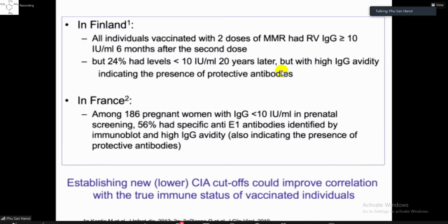You see here, for example, in this study in Finland, all individuals vaccinated with 2 doses of vaccine had rubella IgG over 10 international units per ml 6 months after the second dose. But 24 of those people had levels below 10 international units per ml 20 years later. But when they tested, the IgG were of high avidity, indicating the presence of protective